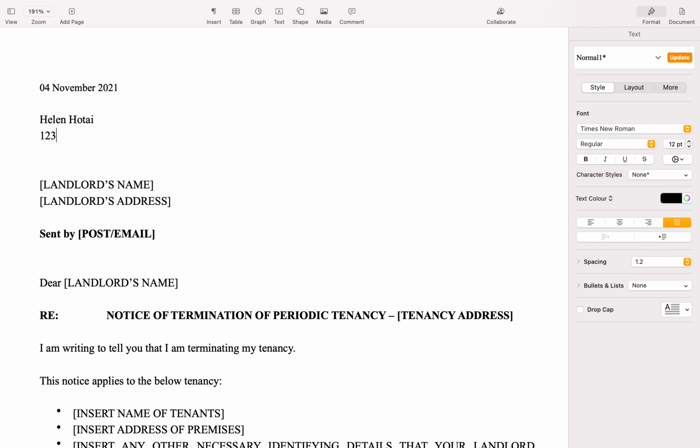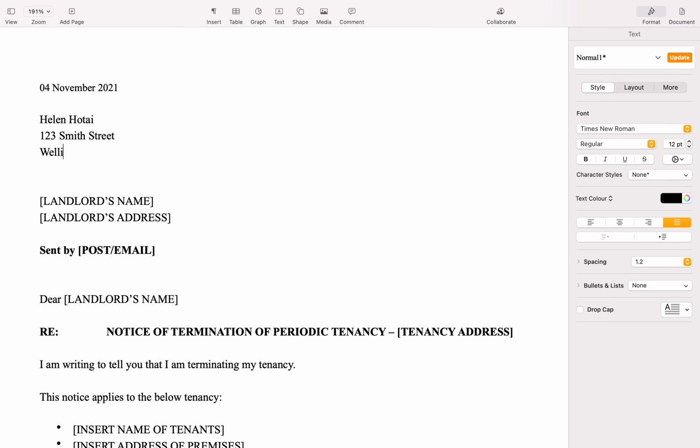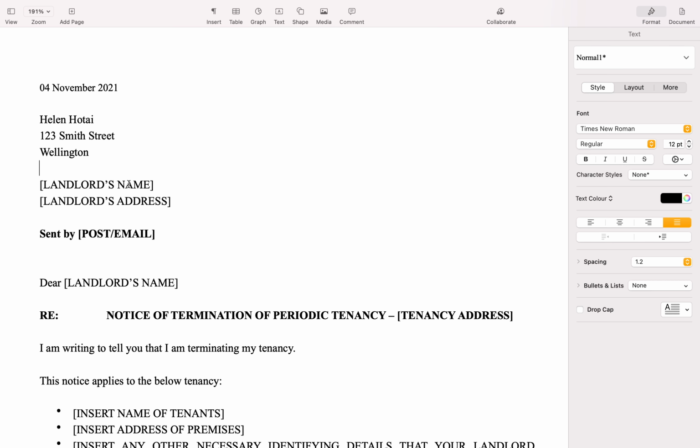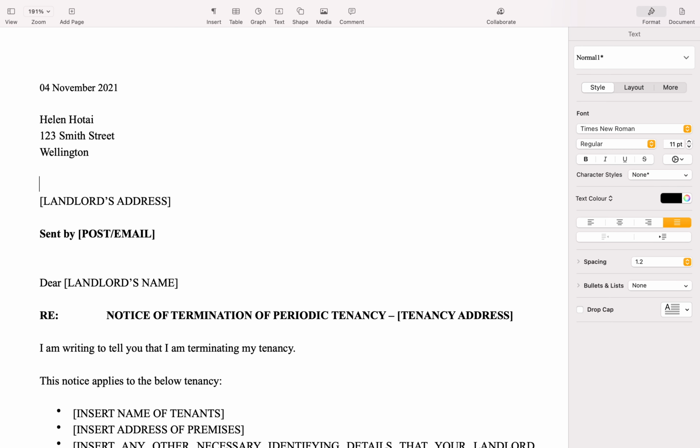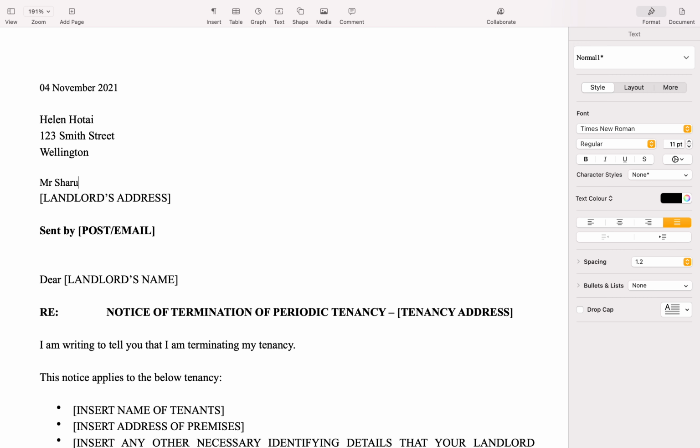Okay, so I'll say 123 Smith Street, Wellington. Okay, so the landlord's name. Landlord's name is, I will say Sean. Oops, Sean. I will address him as Mr. Sean